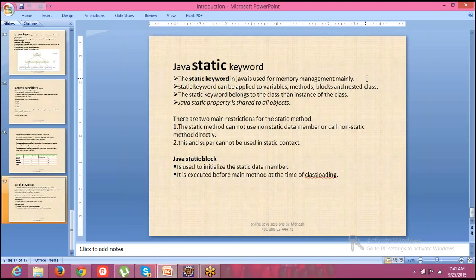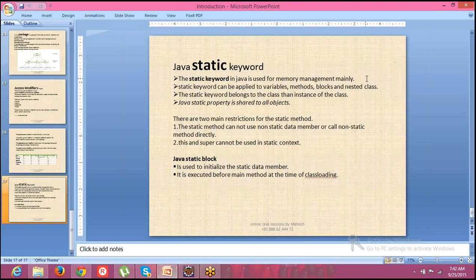Variables you know, methods you know, blocks and nested classes you don't know yet, but there is something you already learned that is missed here. Constructor, yes. So from this statement, we cannot apply the static keyword to a constructor.